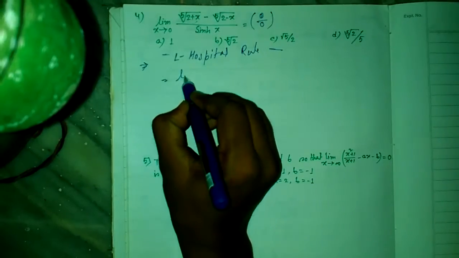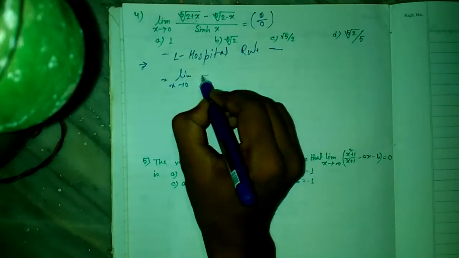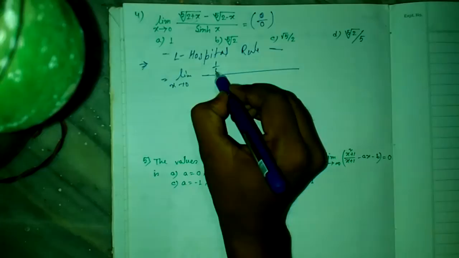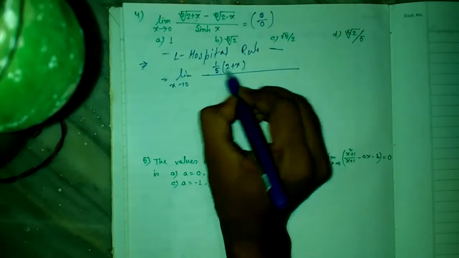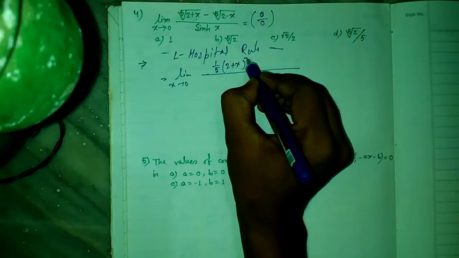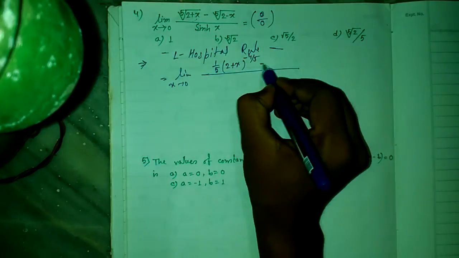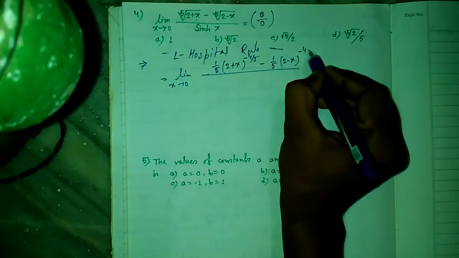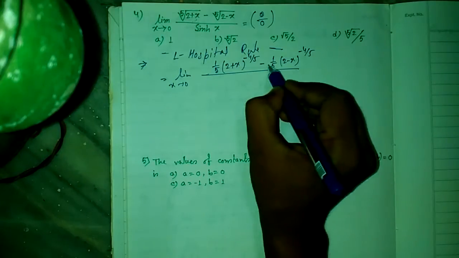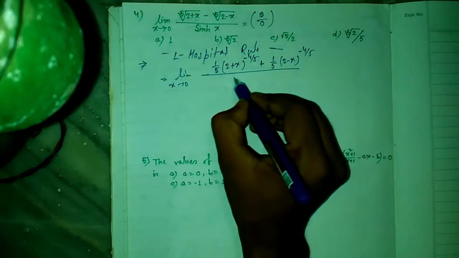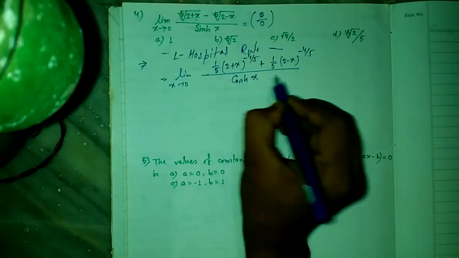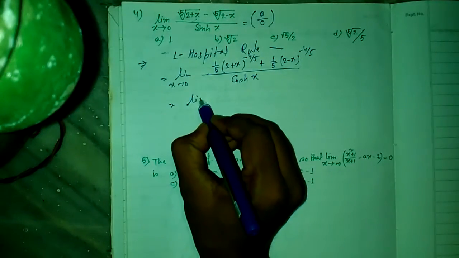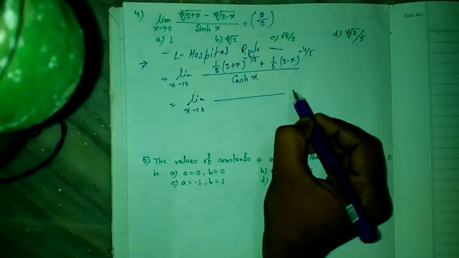Okay. So this means 2 plus x whole to the power 1 by 5. So the derivative will be 1 by 5 into (2 plus x) whole to the power 1 by 5 minus 1, so this is minus 4 by 5, minus 1 by 5 into (2 minus x) whole to the power minus 4 by 5 into its derivative, which will be minus 1, so this will be plus. The derivative of sin hyperbolic x is cos hyperbolic x. So this becomes